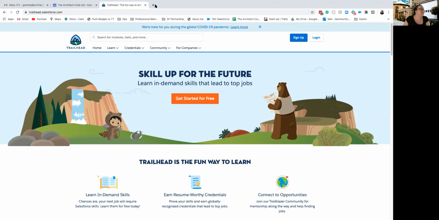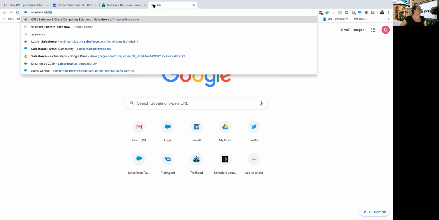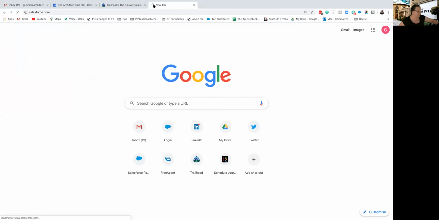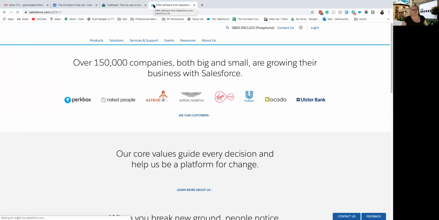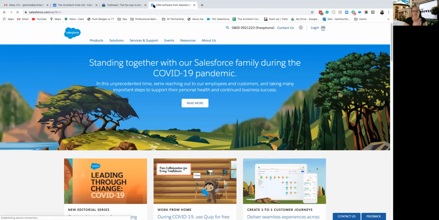Before I get you to sign up for Trailhead, I will explain a little bit more about what Salesforce.com is and why it's so cool to learn right now, and how it's going to help you in the future. Back in the day, when businesses wanted to build relationships with other companies, whether they wanted to sell a product or a service to a company, or partner up with another company to provide services and products together,